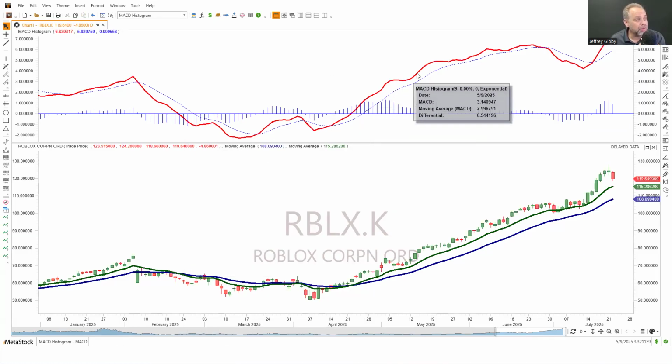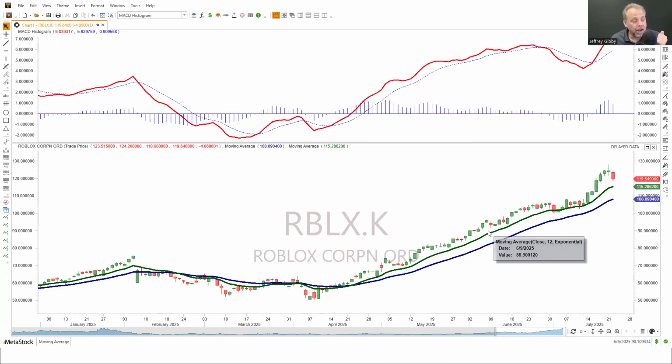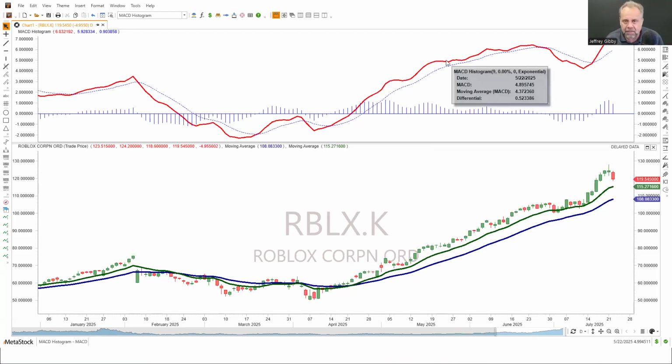If I want to tell you how this red line was calculated, I just subtract this 12 period exponential moving average from the 26 period moving average. The difference is going to be this red line. That's it. That's all. That's what the line is doing. I think if you understand that, you can understand exactly more of what you're looking at.